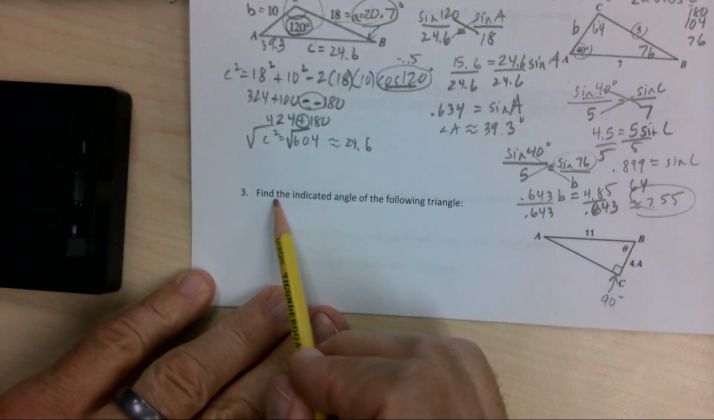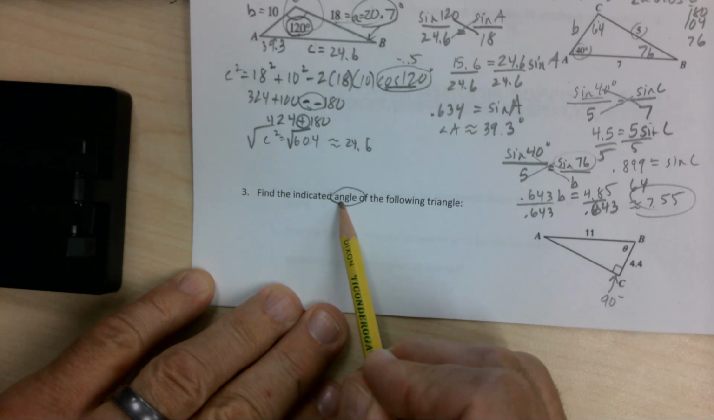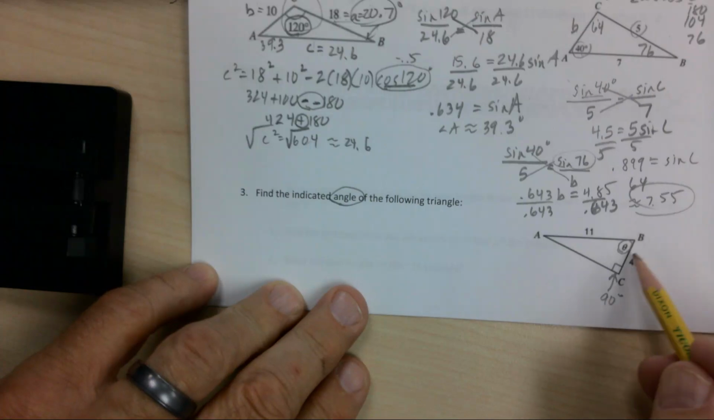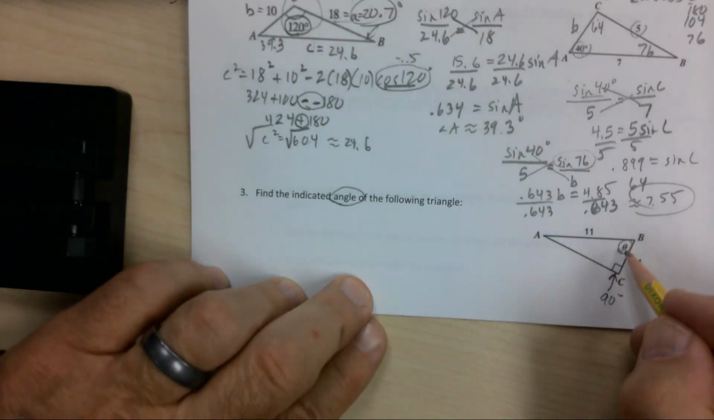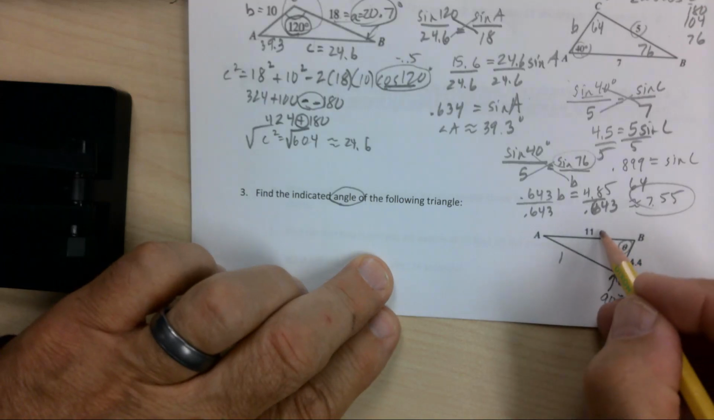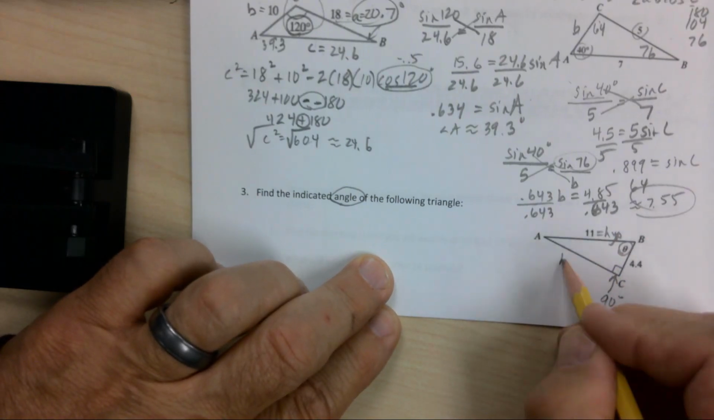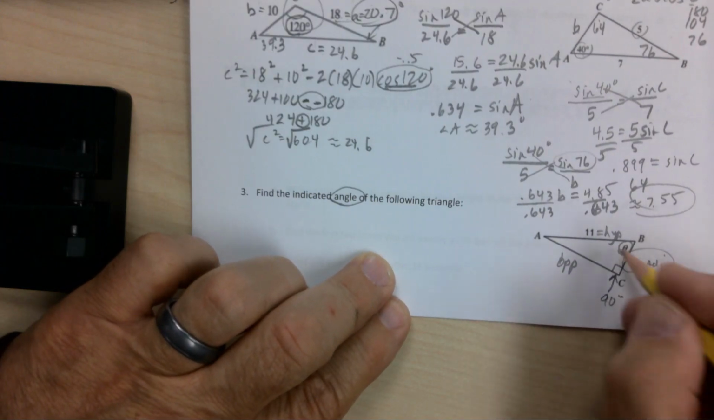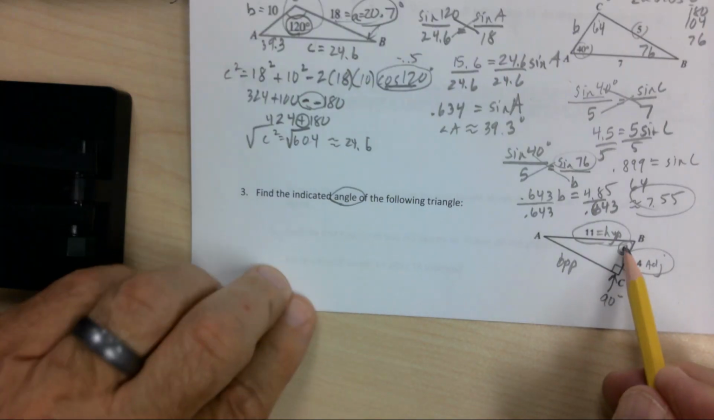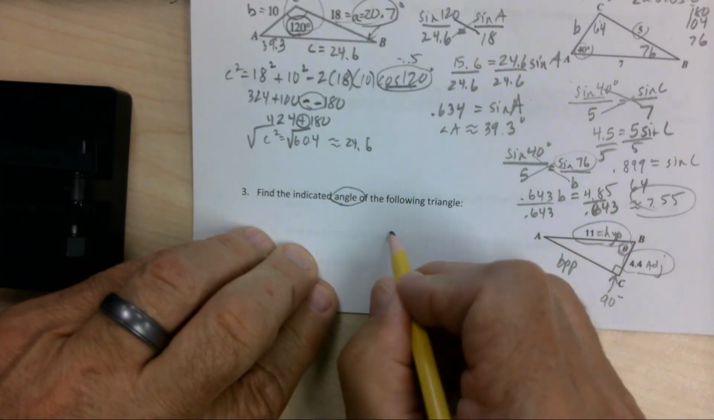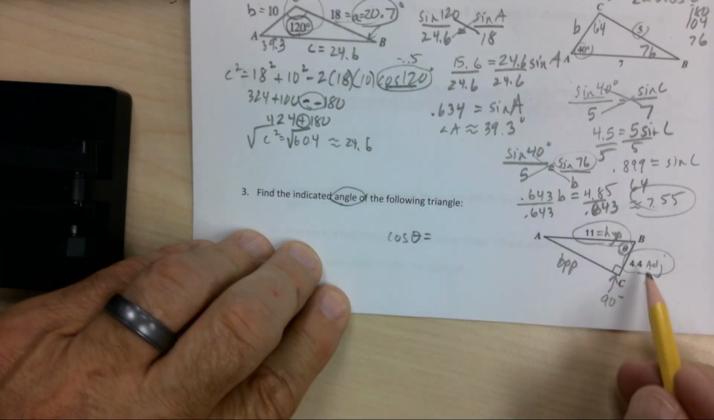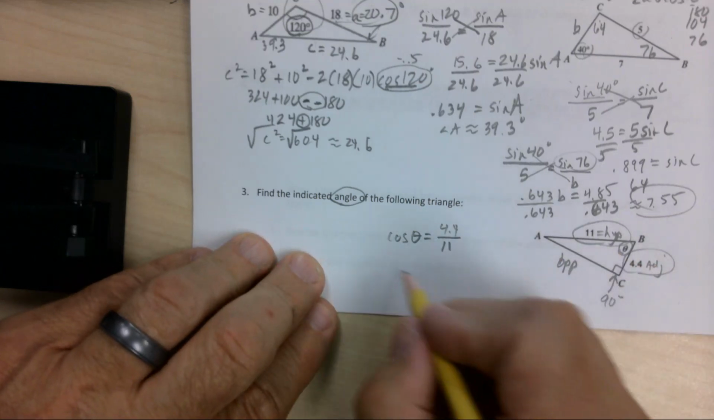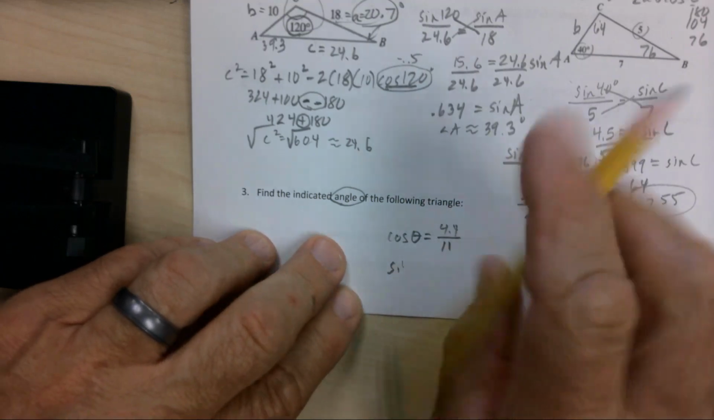It says, find the indicated angle of the following triangle. So they want us to find theta. As you can see, this is a right triangle. So this is my hypotenuse, this is my opposite, and this is my adjacent. I'm going to use this one and this one in relationship to that angle. Well, that means cosine of that angle is adjacent over hypotenuse, and I'm going to go second